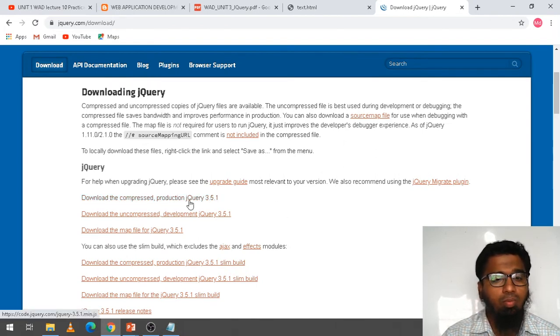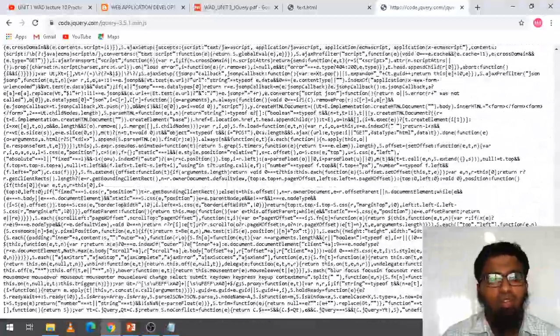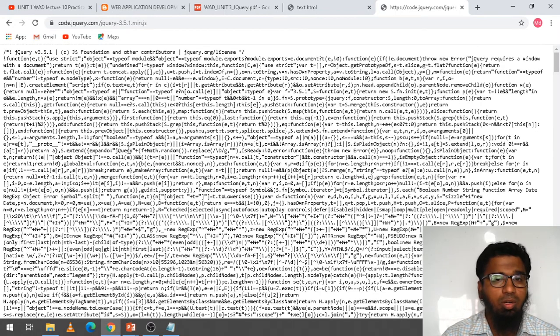Here now I have the version 3.5.1. This is compressed, meaning the file size will be very small. Uncompressed means the file will not be compressed. I will show you how to see if it is compressed: when I click on it, the file is displayed like this. So this is the compressed version.